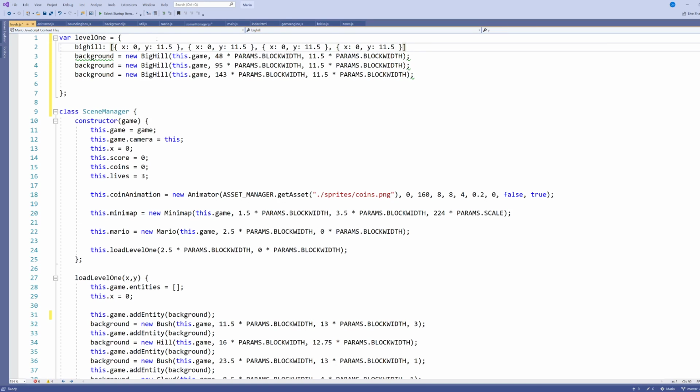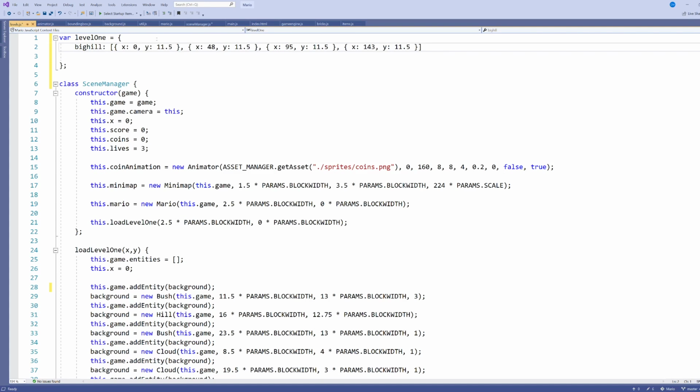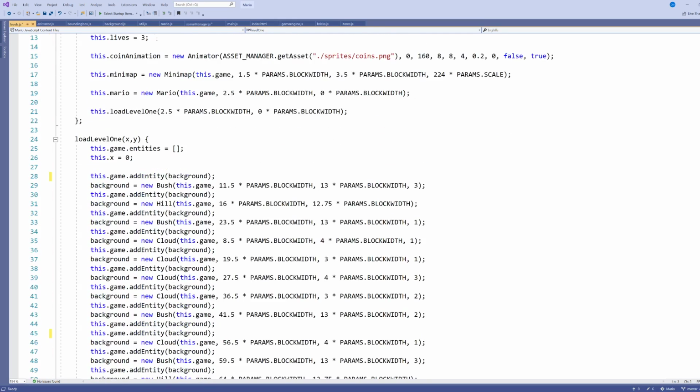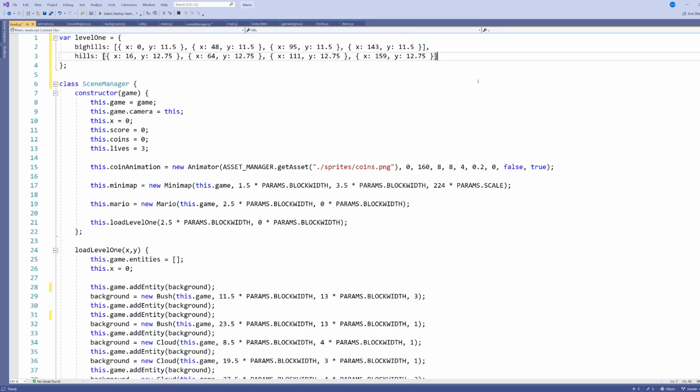I'll close off the list here, and I'll just update this data. And now I have all my big hills. Now I'm going to call this big hills actually. That makes a little bit more sense. And now I can go ahead and do this for the other background entities that I have as well. All right, I've added the hills in here now as well, and we can actually see that the hills have the same structure that we have for the big hill, which is all I need is the x